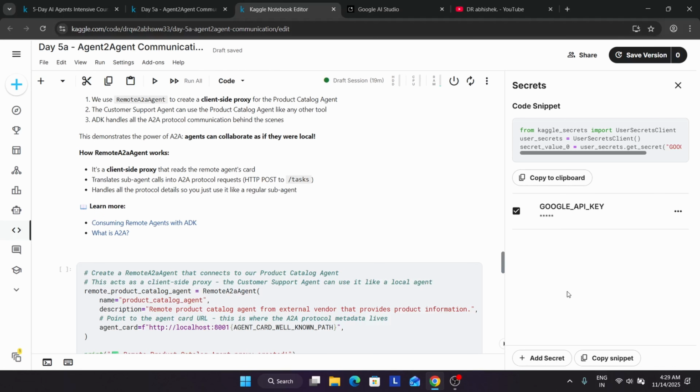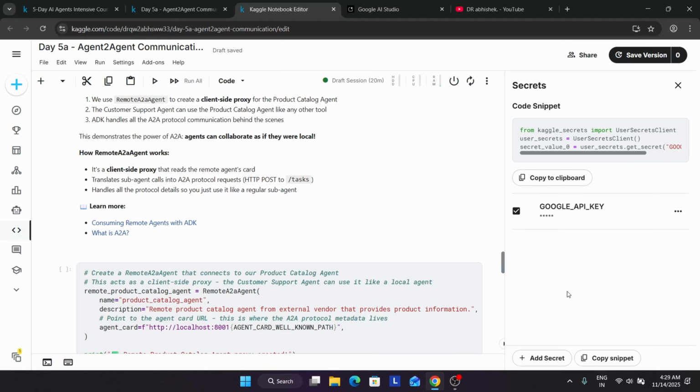It reads the remote agent card, which is like a business card for your remote friend. This card tells where your friend lives, their address on the internet, what your friend is capable of doing, and how to correctly phrase the question to your friend. So you can use your second friend, who lives near them, to interact with them.